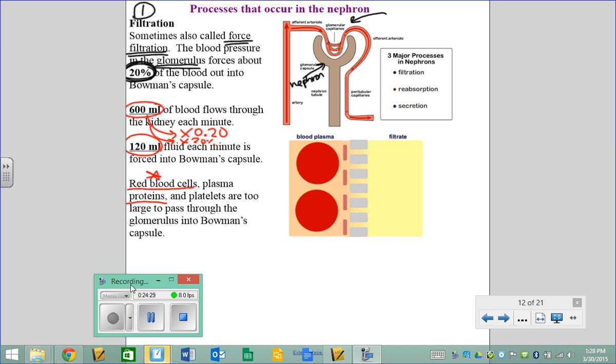They are too big. Platelets, which are another type of blood cell, should not get through either. So I've got a little picture here. Little gray lines showing kind of a grid are supposed to represent